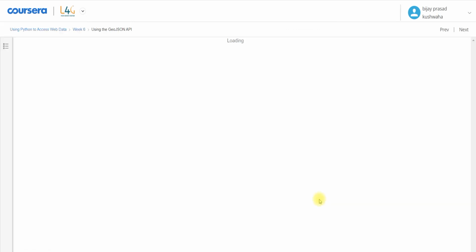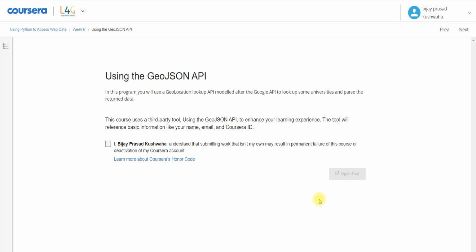So I am opening this, and you can see in this program we have to use the geolocation lookup API, modeled after the Google API, to look up some university and parse the returned data. Here we are going to use third party tools and the GeoJSON API to enhance your learning experience.